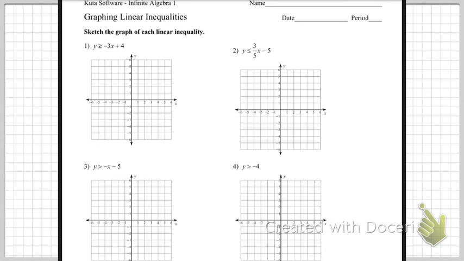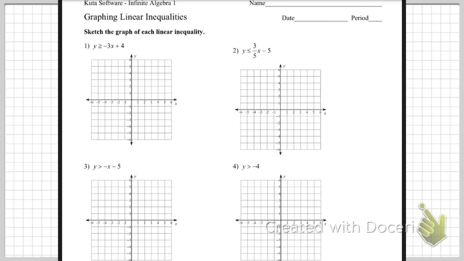Okay, the homework assignment is to do front and back of graphing linear inequalities. So I'm going to go through some of these problems, but not all of them. I'll go over number one. Make sure you use your notebook on this to make sure that you know what we're doing with this sign, what the sign means, so on and so forth. But one thing I do want you to do for all of these problems is identify the y-intercept and the